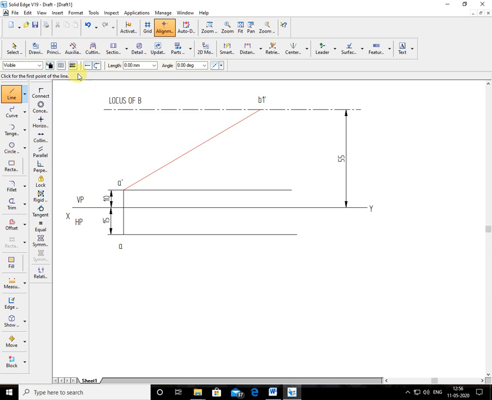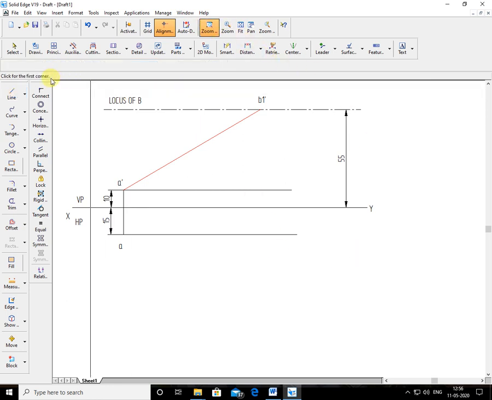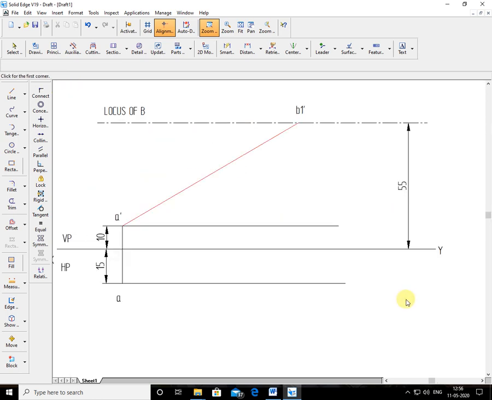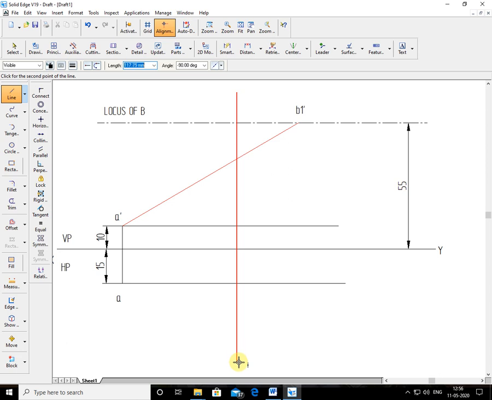See, you just don't draw a line touching the locus line. You just draw a free line from above. You can see here, I'm drawing here. Again, if you want, I'll zoom it. Draw a freehand line from here. See cursor here. Just draw a long line without any constraints. Just a free line you draw.